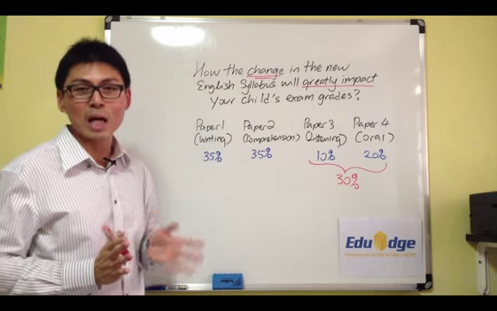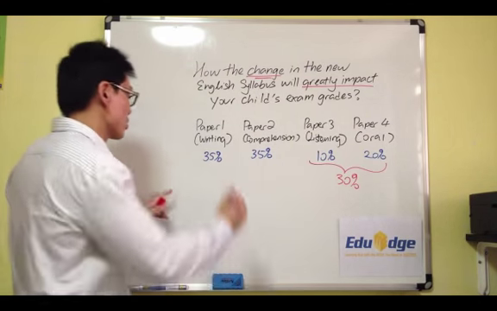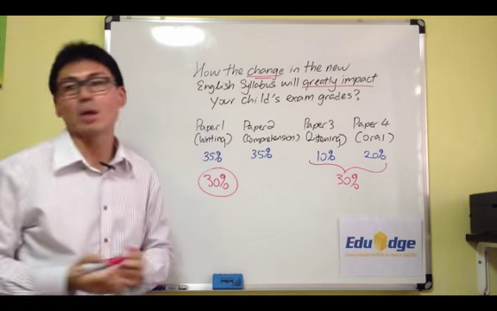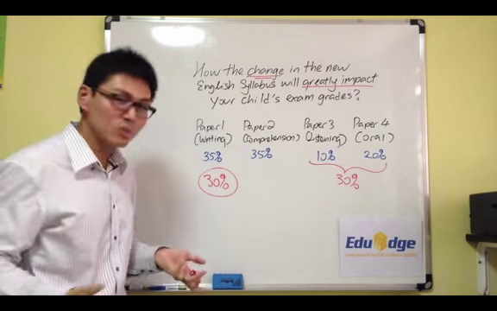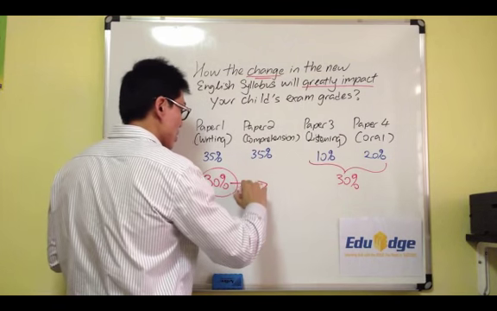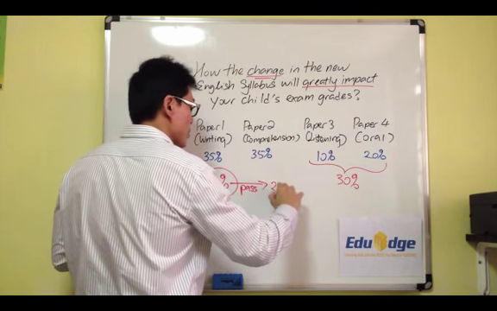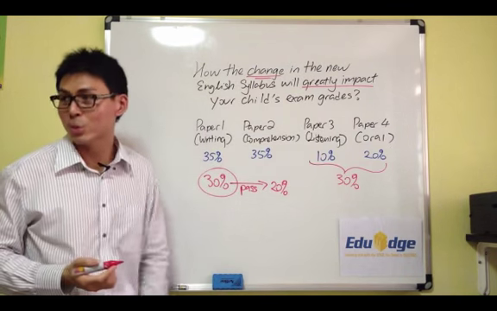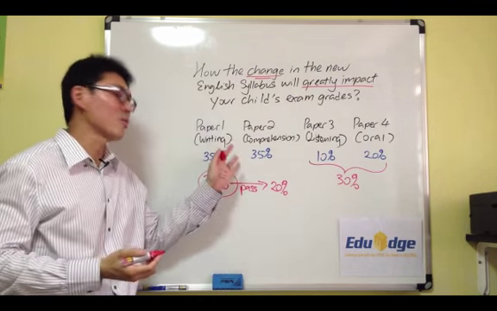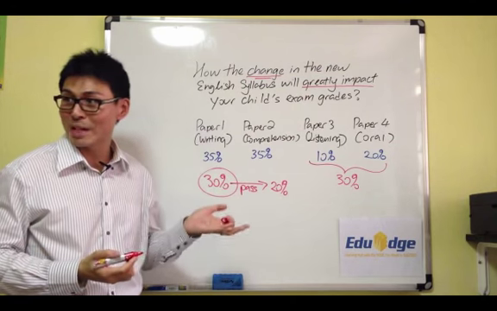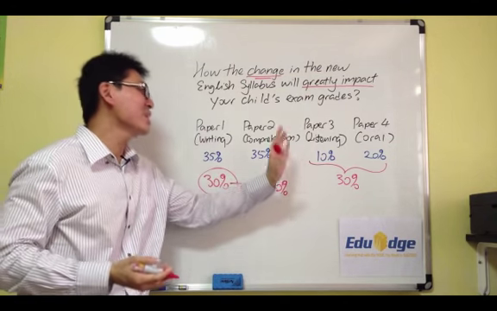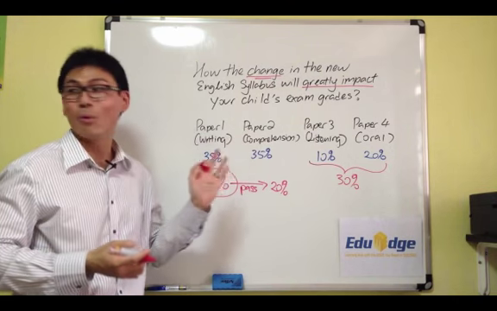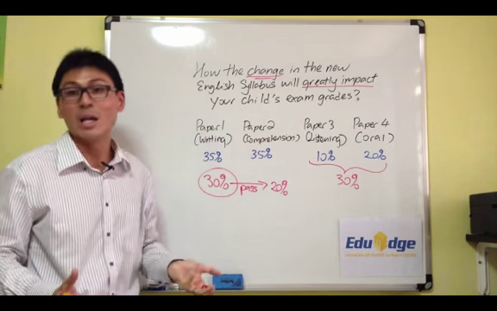Now, let's have a hypothetical situation where a student actually achieves 30% from Paper 3 and Paper 4. What is required to pass is basically just an additional 20%. And this 20% is going to come from Paper 1 and Paper 2. Now, 20% out of the possible maximum of 70%. What this means is even if the student does not pass Paper 1 and Paper 2, they will still pass the whole entire English examination, right?